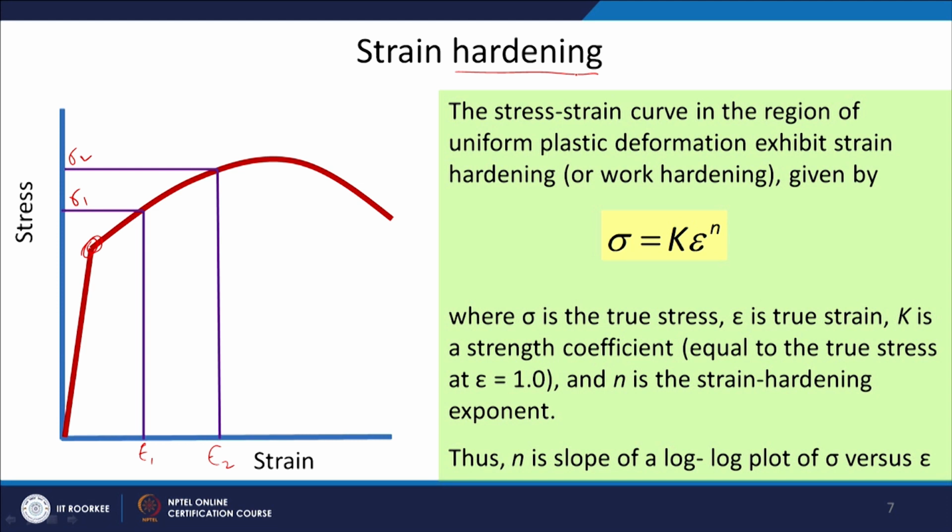The stress strain curve in the region of uniform plastic deformation exhibits strain hardening or work hardening. Either you can call it strain hardening or work hardening. Why do we call it work hardening? Because people used to see that their material is getting hardened if you are working on it. Suppose you take an aluminum bar, for example, and you start hammering that,